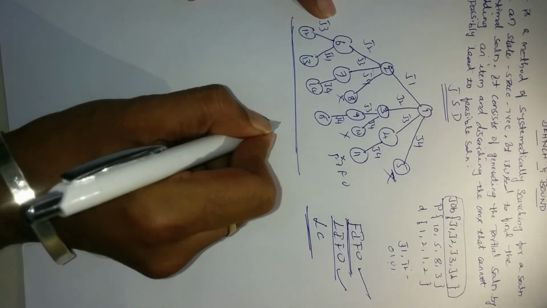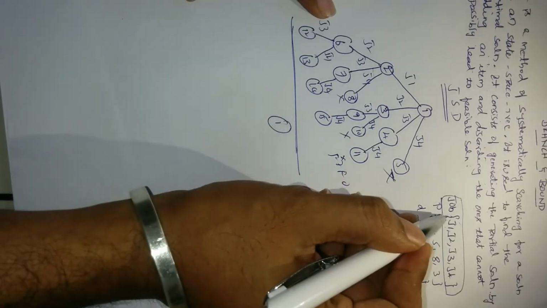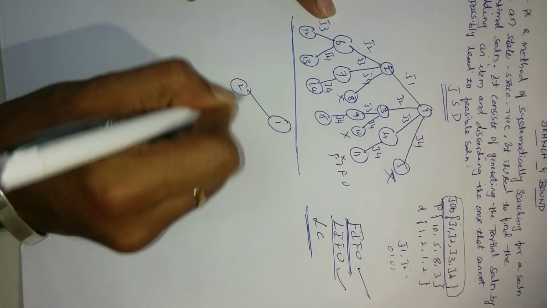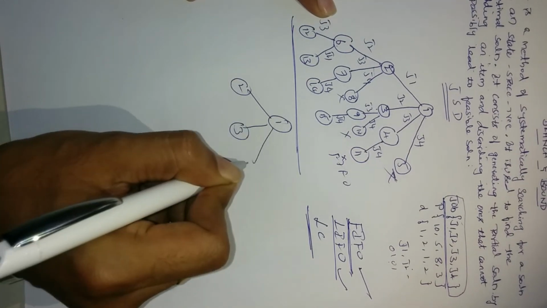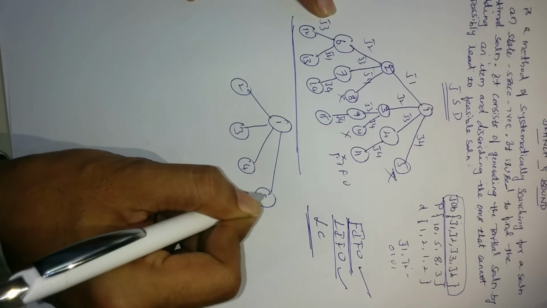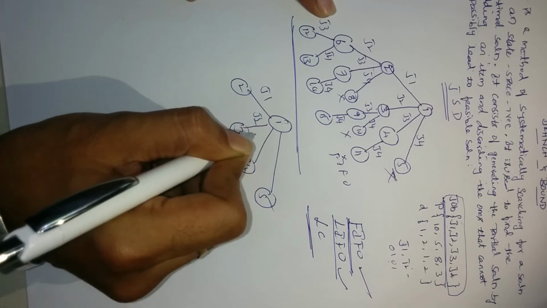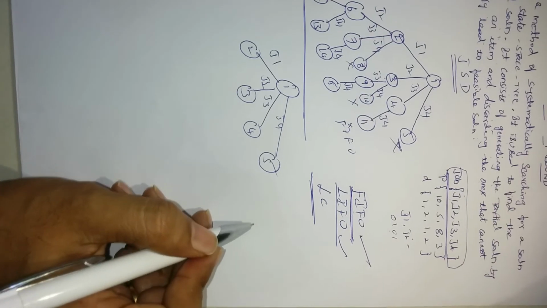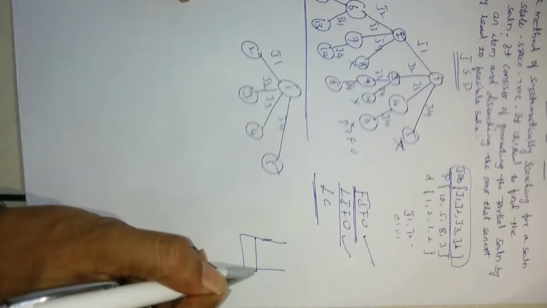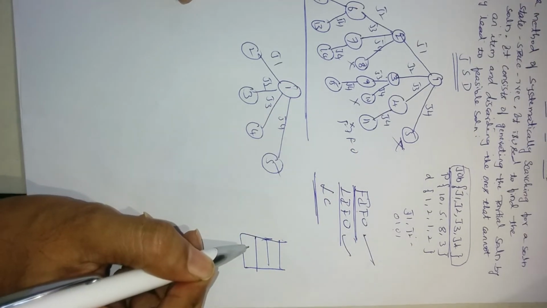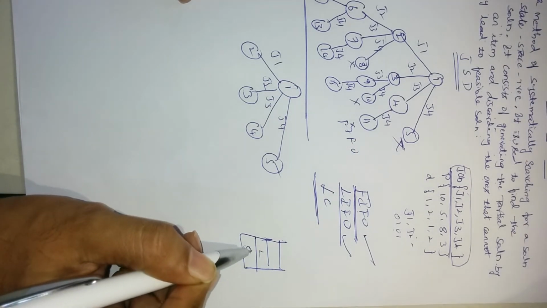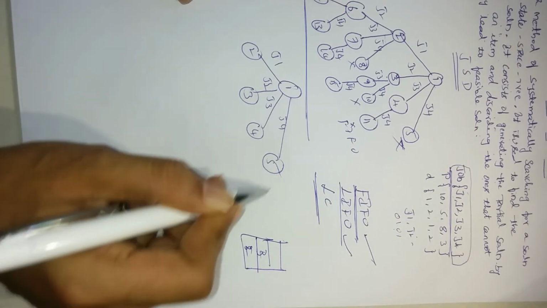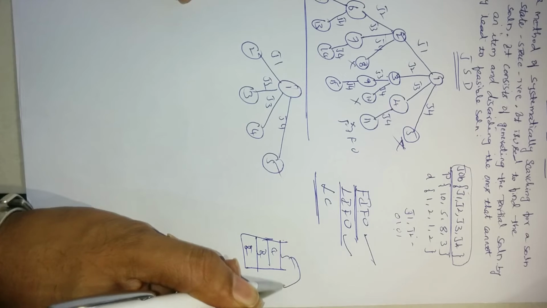LIFO starts with 1. This is the first job. Same thing I am taking. Job 1, and this is 2, this is 3, this is 4 and this is 5. Job 1, job 2, job 3, job 4. Next, LIFO, how will we take it? LIFO means we are using a stack. Here 2, 3, 4, 5, right? Remove this 5.